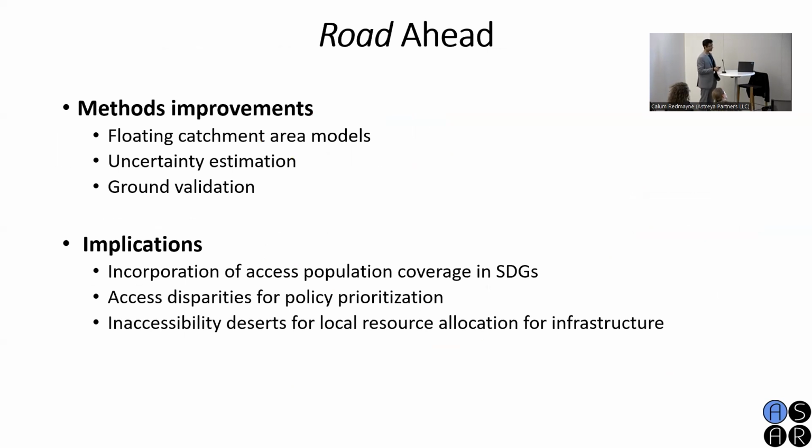All right, a couple of things that we are working on right now and that we plan to improve in the future. We are trying to now incorporate floating catchment area kind of models using the functional characteristics. We of course inherit all the limitations of the data sources that we are using. The biggest limitation probably is lack of uncertainty estimation in those. And then we are right now partnering with some NGOs and some state ministries to do more ground validation of the estimates.